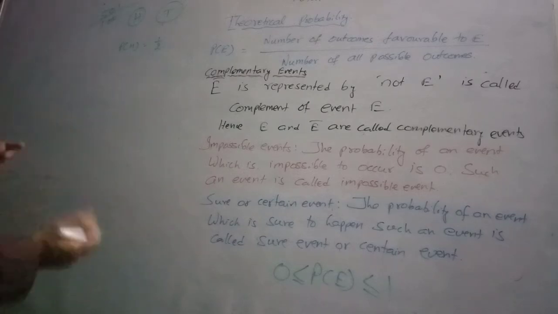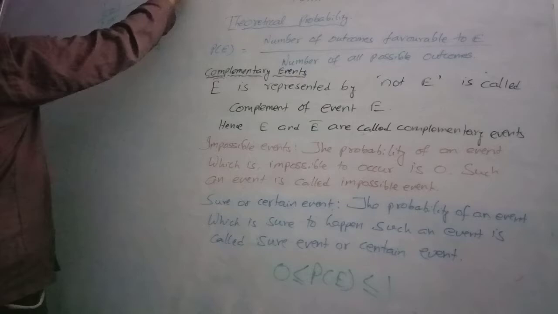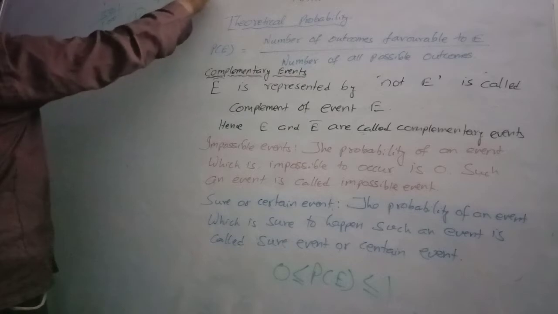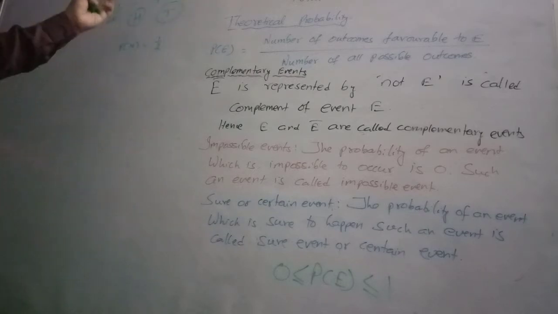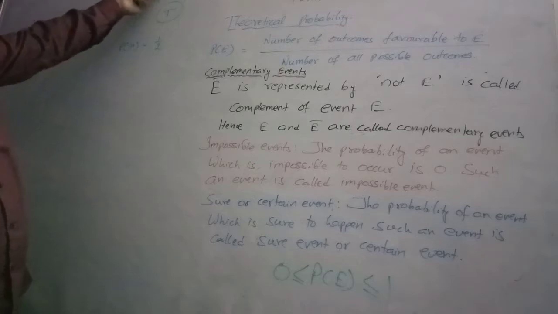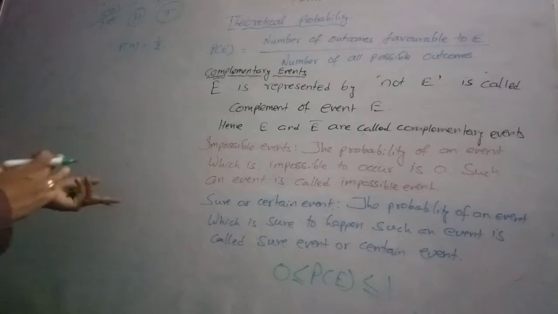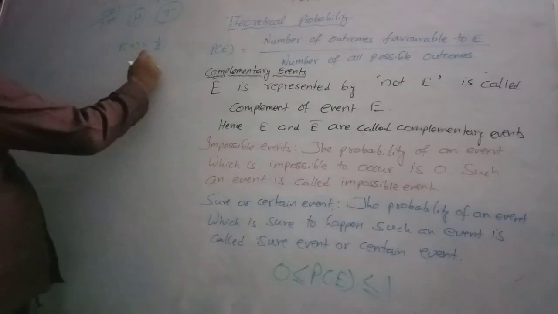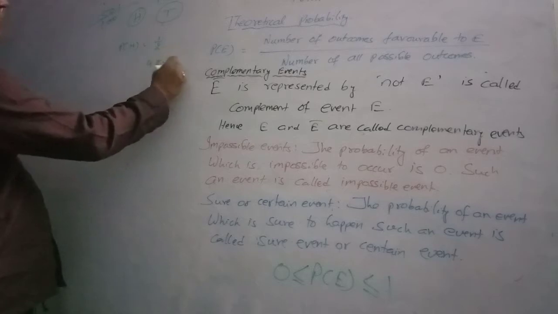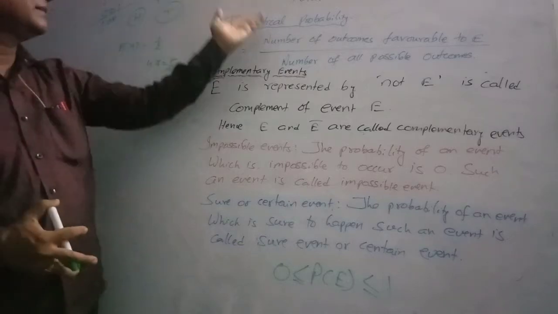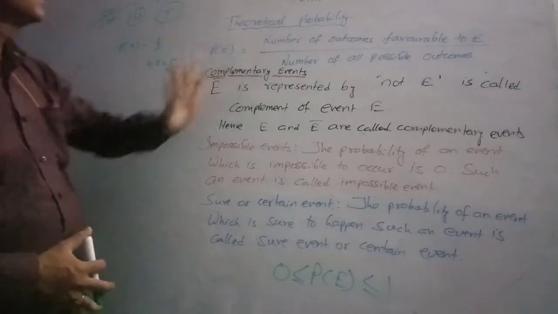When we keep on increasing to 1 lakh times, you will get 49999 something divided by the number of tries, which is 1 followed by some zeros. So it is almost equal to 0.5, that is 0.4999, which is 4.9 bar. You might have learnt 0.4 9 bar is nothing but 0.5. So 5 by 10 is 1 by 2. So if you keep on increasing the number of trials, the experimental probability is almost equal to the theoretical probability.